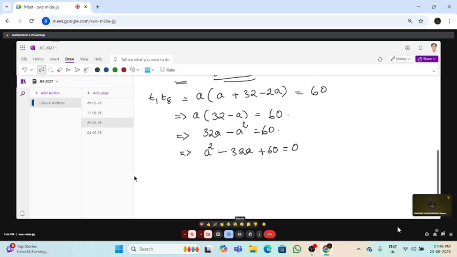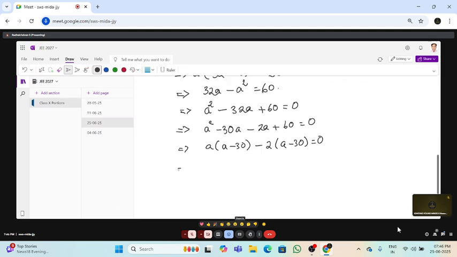So we can solve it through factorization. The sum is 32 and the product 60, so that means 30 and 2. A square minus 30A minus 2A, A into A minus 30 minus 2 into A minus 30. So A equal to